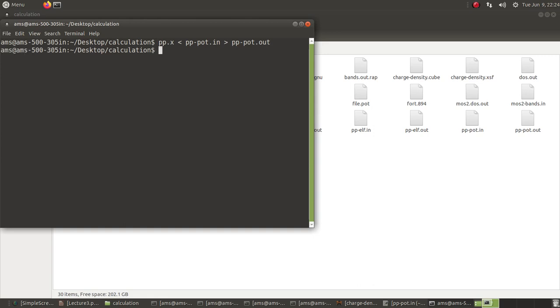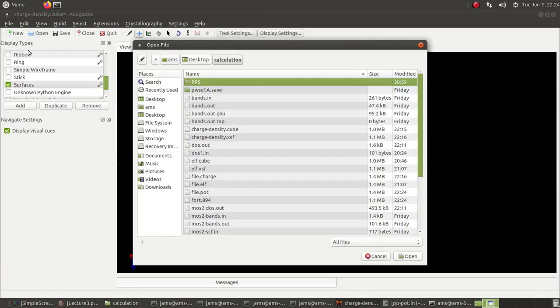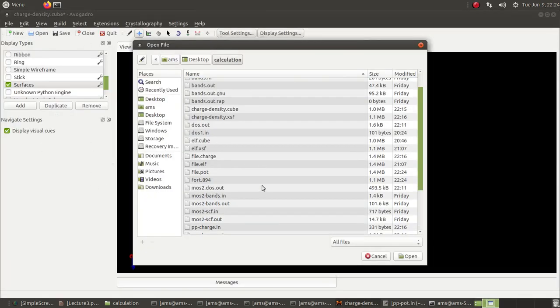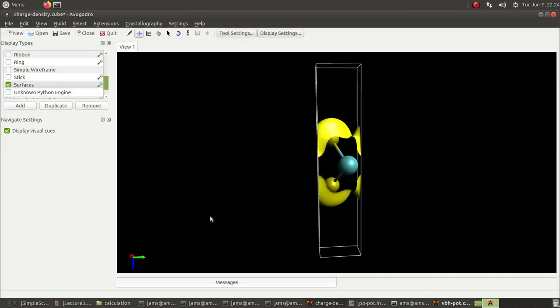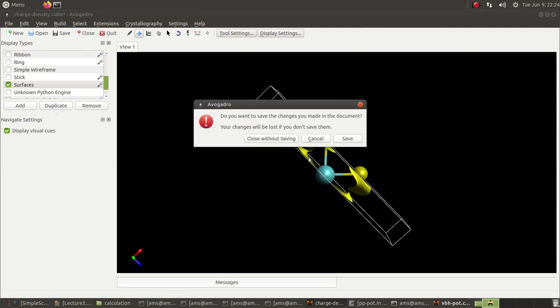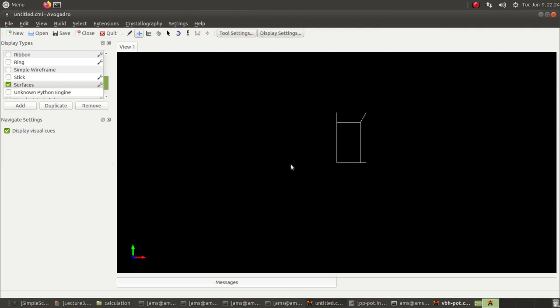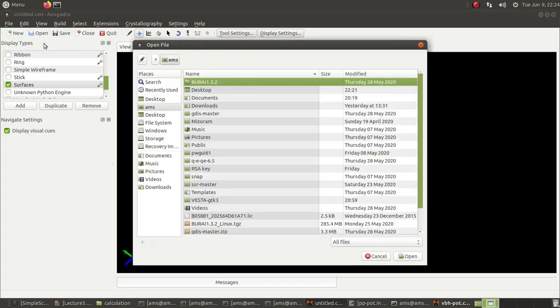And I can also open that. Here I have named it VBH plot.cube. So let me close this file, and I need to open a new window.